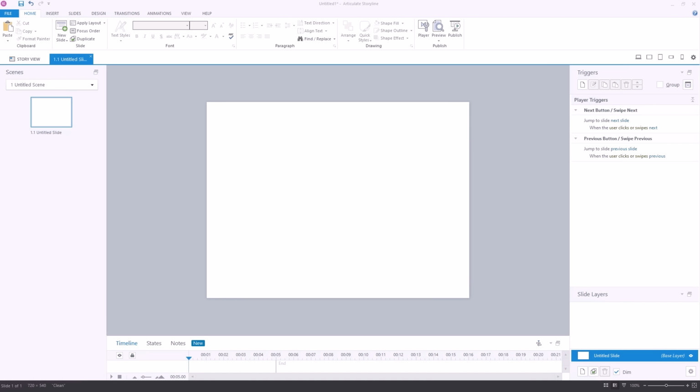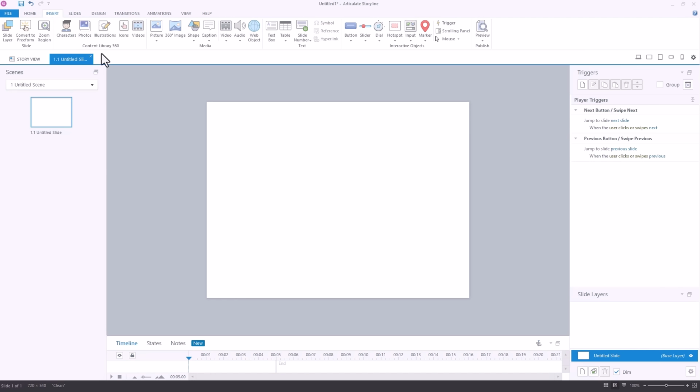It looks like PowerPoint, but it's not PowerPoint. It looks like PowerPoint because it needs to be simple enough for users to learn it, so you don't have to spend weeks or months to learn how to use it. So let's quickly go to the tabs. Home tab, pretty similar as in PowerPoint, except you have player, preview, and publish buttons that we mentioned before in other tools. In Insert, similar options as in